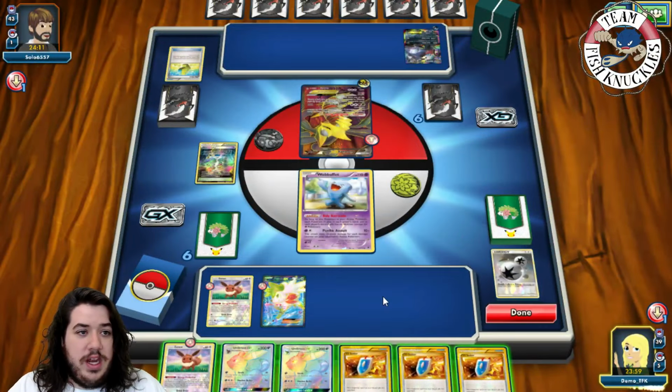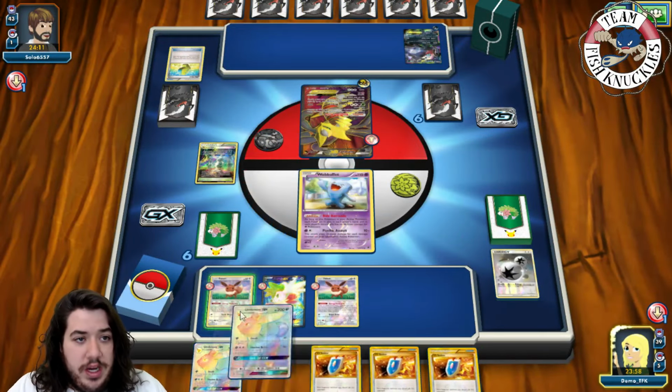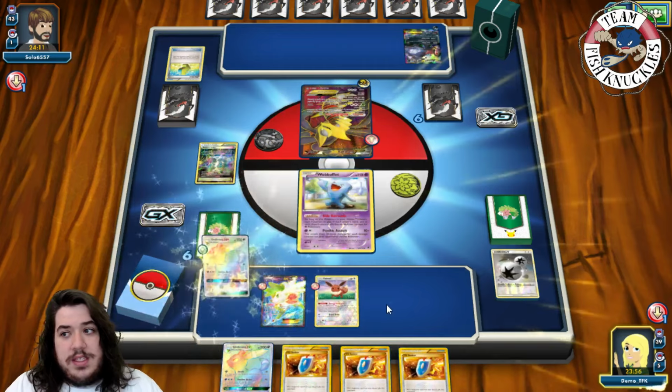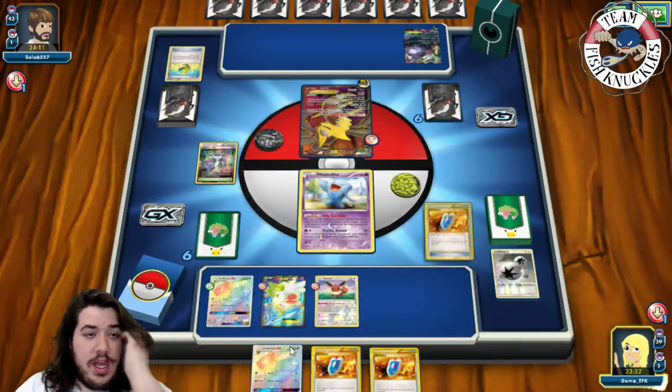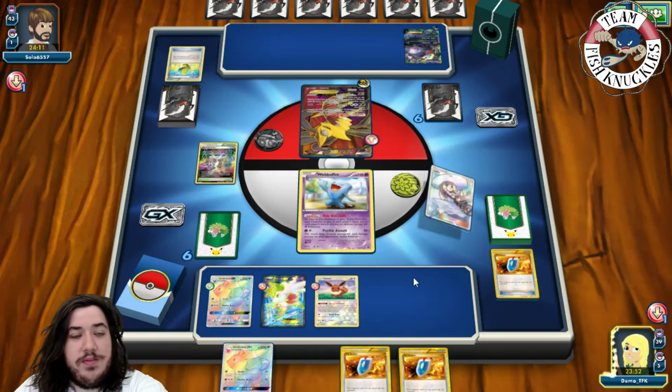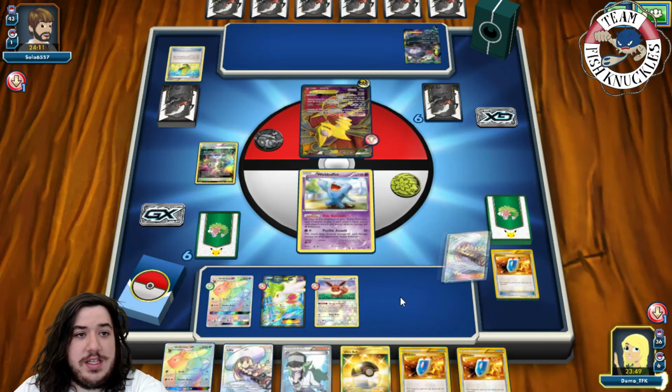And onto our turn, we get an Eevee. So put down Eevee. We'll put down Umbreon. We will VS Seeker for a Lillie to draw 3 new cards. Okay. And let's see, what do we get with the Lillie. Hopefully we get something good. And okay,